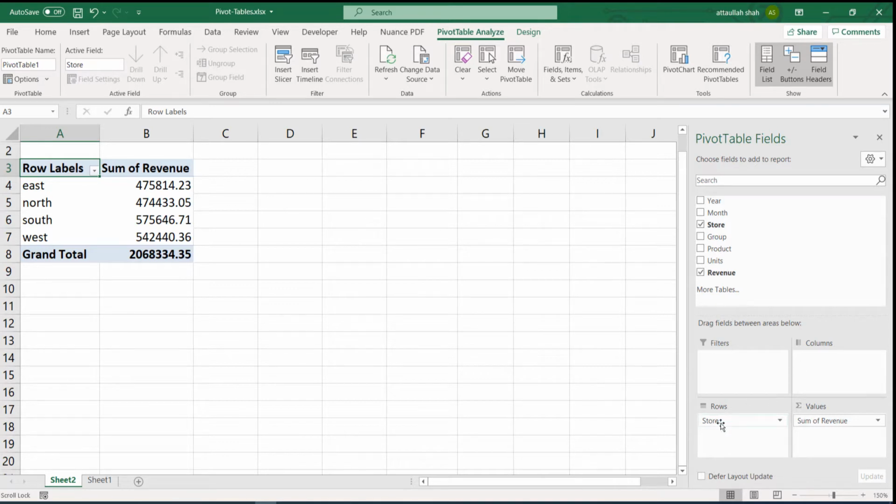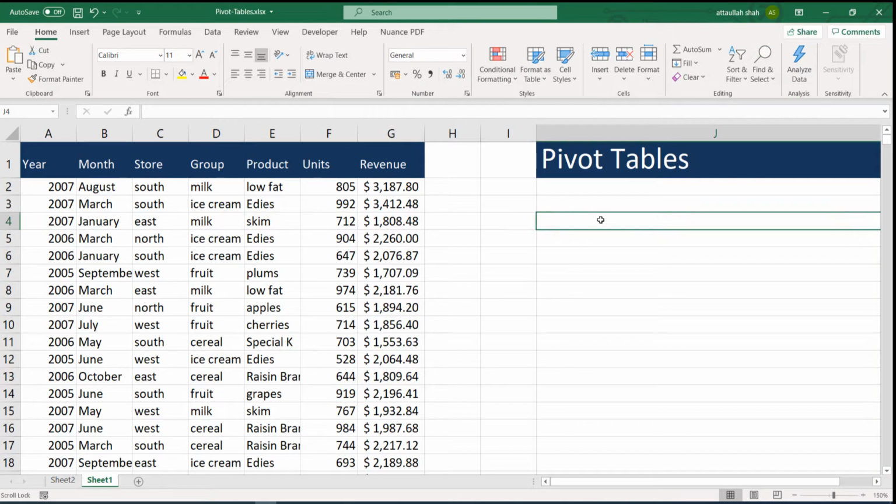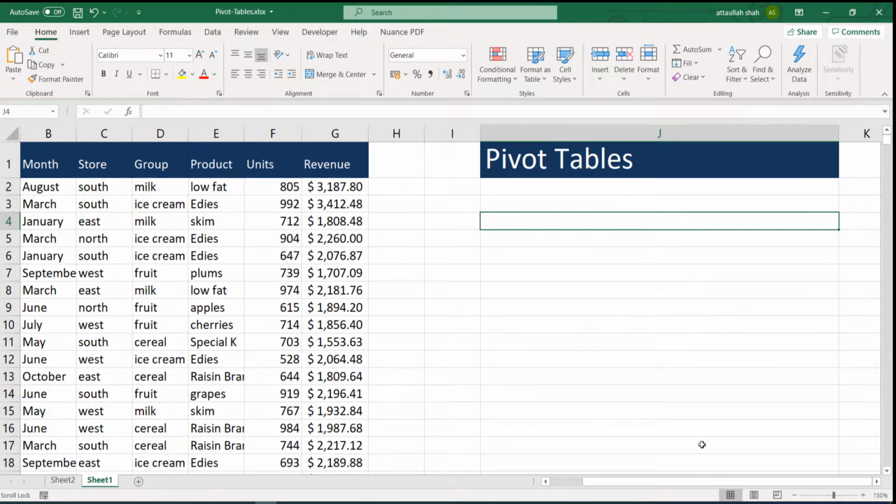So let's create one more report, and I'll type the exact requirement of the report. So I'll call it example number 2.